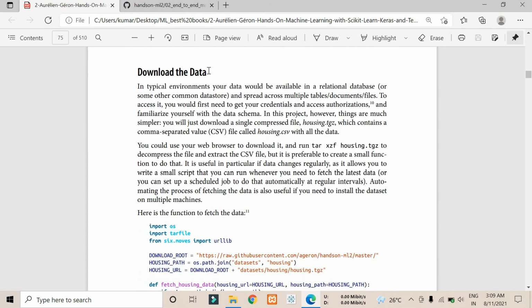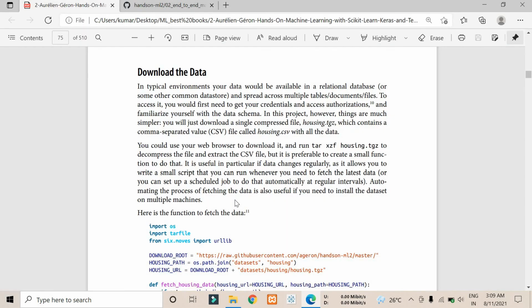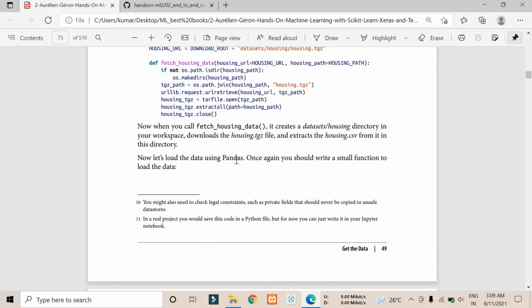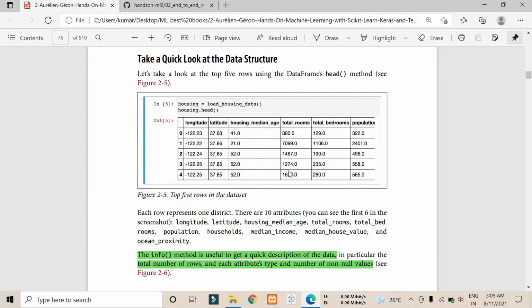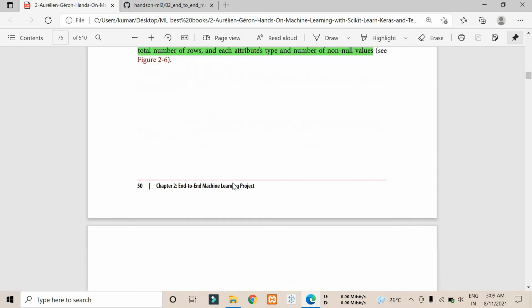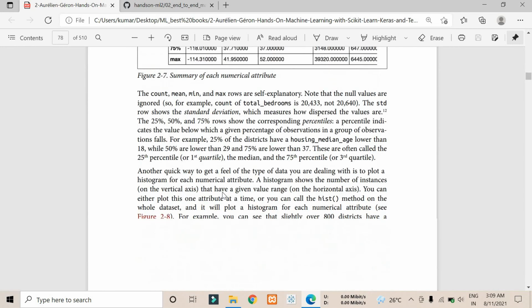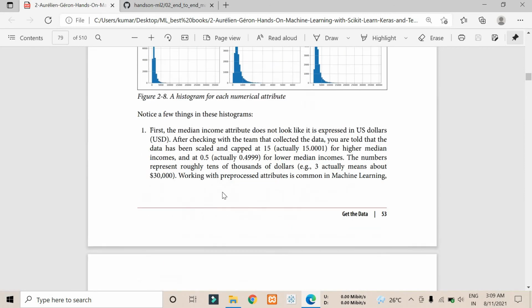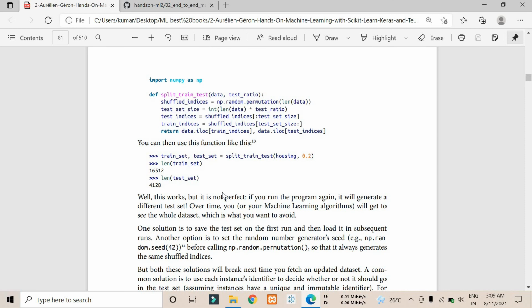Whatever code they have written here, they explain bit by bit, like how they download the dataset. Let's take a quick look at the data frame, what the info method does, and everything they are doing the same here. You can go and read the whole thing if you want, but I have given a brief introduction to this chapter 2.